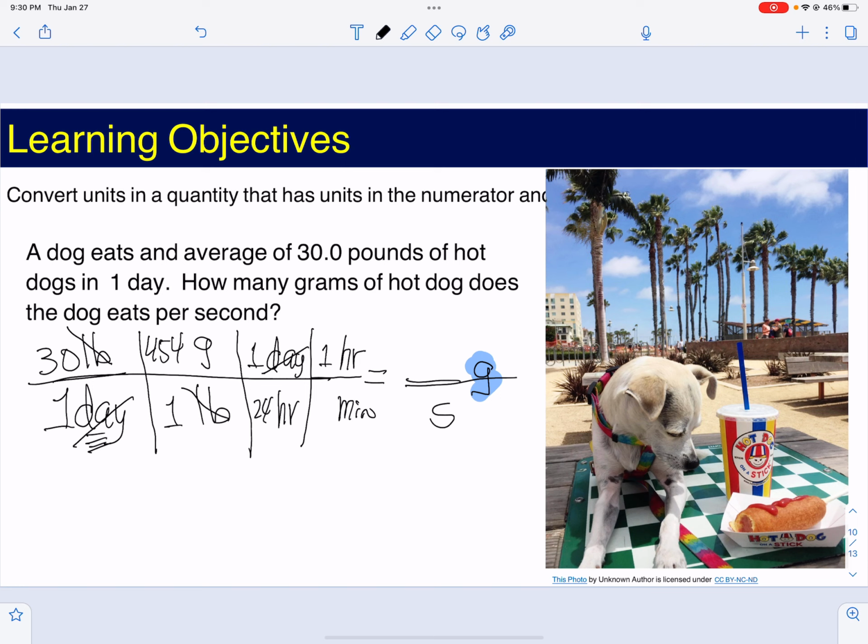So 1 hour is 60 minutes. But I do not want the minutes because I'm looking for seconds. So I'm gonna get rid of the minutes and end up with the seconds. And I know that 1 minute equals 60 seconds. And when I do all that, the only thing remaining is